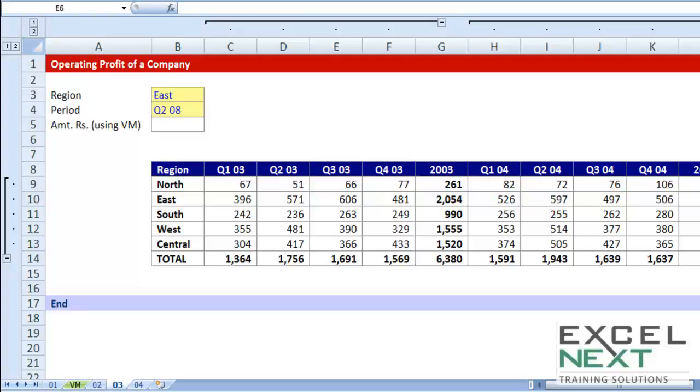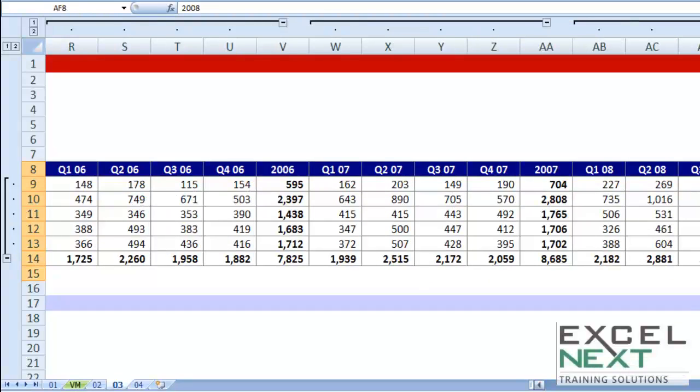Hello everyone, welcome back to another case study based on VLOOKUP with match. I think the true power of VLOOKUP with match will be illustrated in this example. What we have in front of us is a 2x2 matrix data. On one side you have the region names, on the other you have the quarterly performance profitability, which has subsequently been added up to get me the totals for the year, and this stretches up till